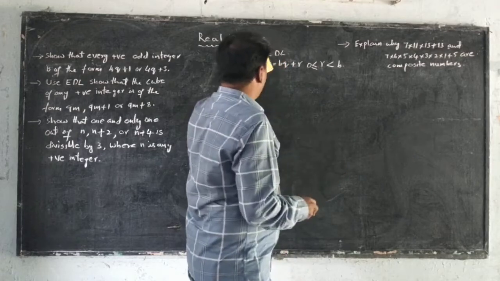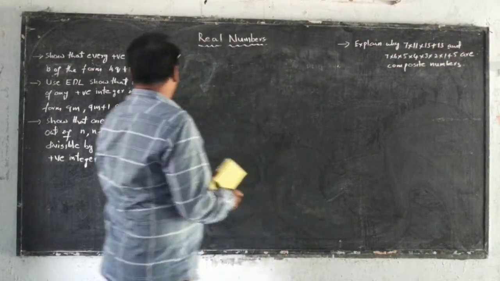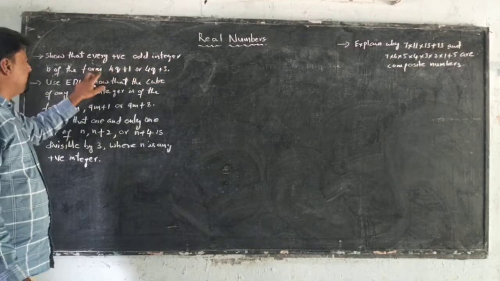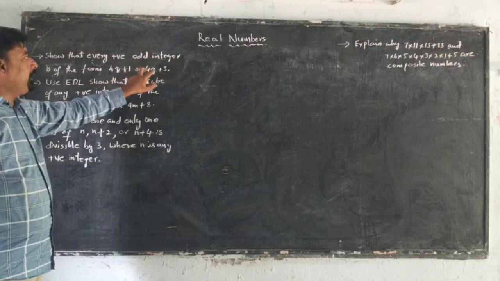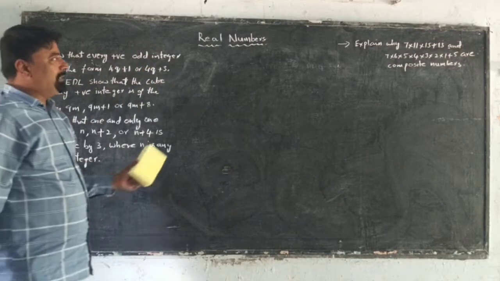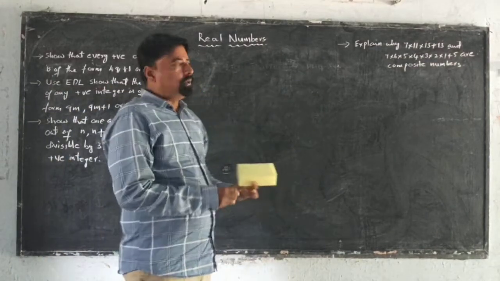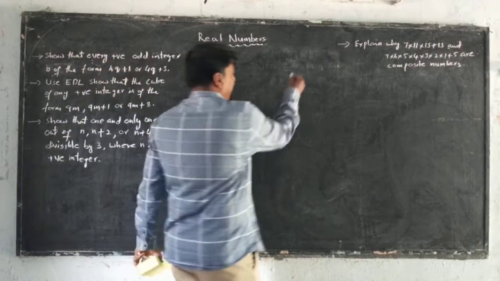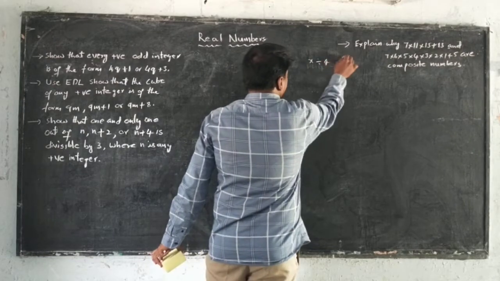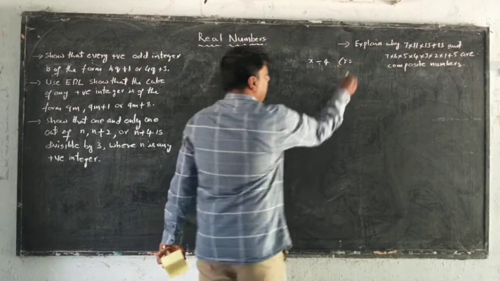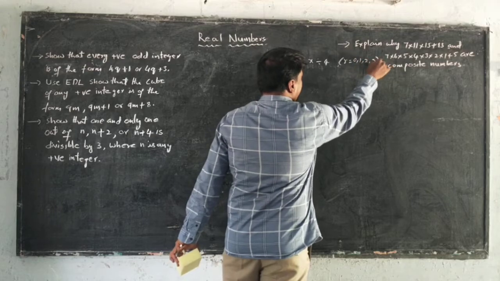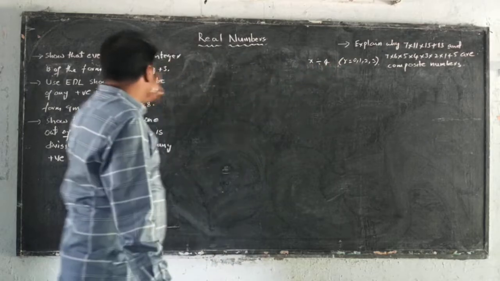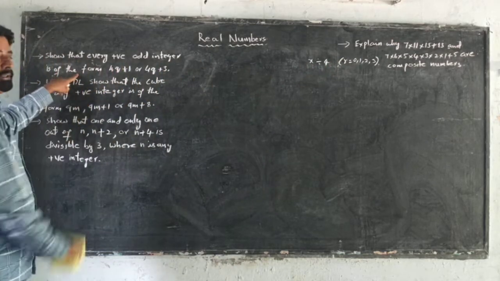So let us start how to prove this. According to the given statement, what is it saying? Every positive odd integer should be in the form of 4q + 1 or 4q + 3. While explaining the remainder, I already told you how the remainder will be. If a number, for example x, is divided by 4, the possible remainders are 0, 1, 2, 3. So these are the remainders when a number is divided by 4, and that concept we need to put in this particular statement.